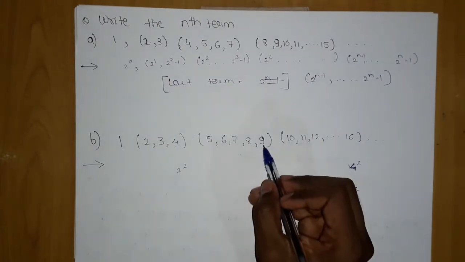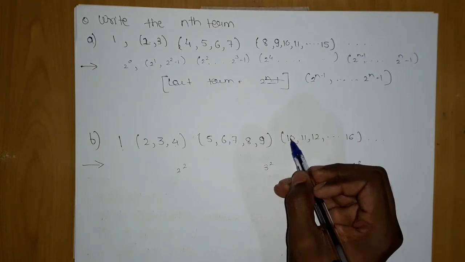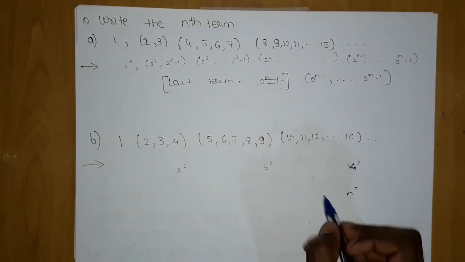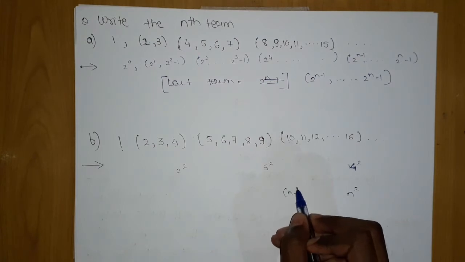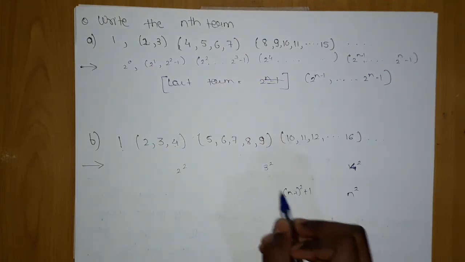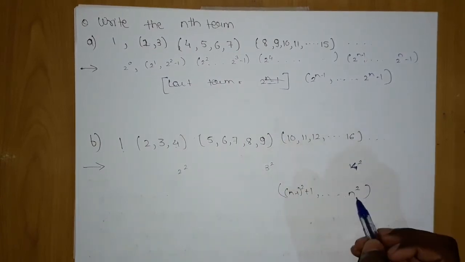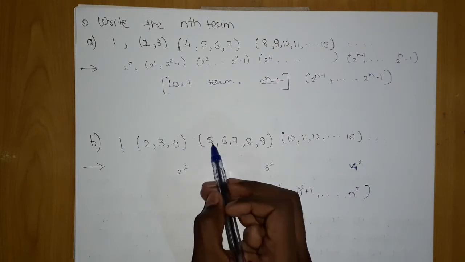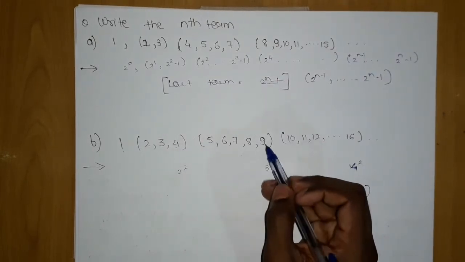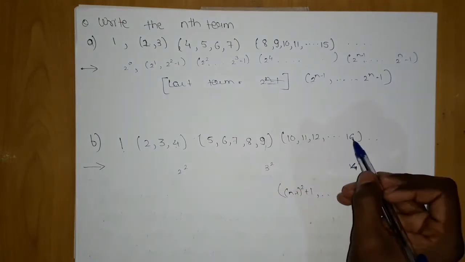Now what is n square? If it is 3 square, it is n plus 1. So the last term will be what? If it is n minus 1, then n minus 1 the whole square plus 1. So we got the last term using this pattern. Listen, the last will be n square. Like here if it is 2 square, then 2 square plus 1, and here it is 3 square. Similarly here will be 3 square plus 1, and here 4 square.